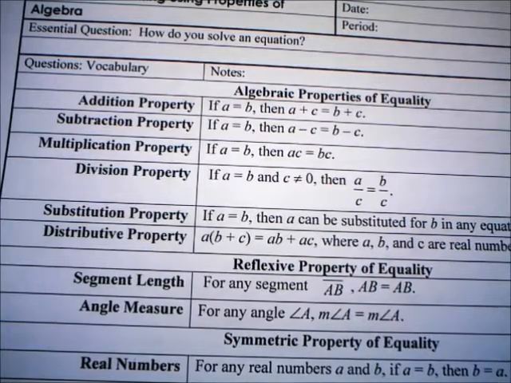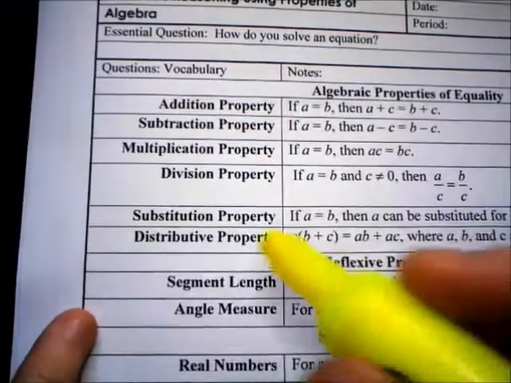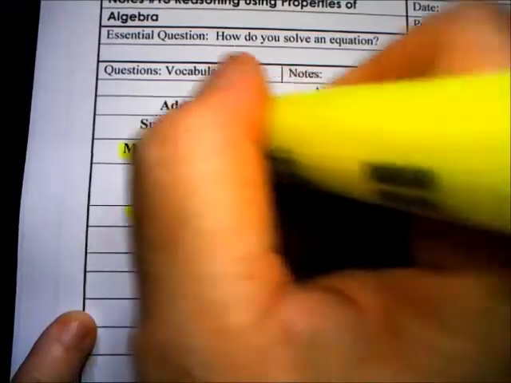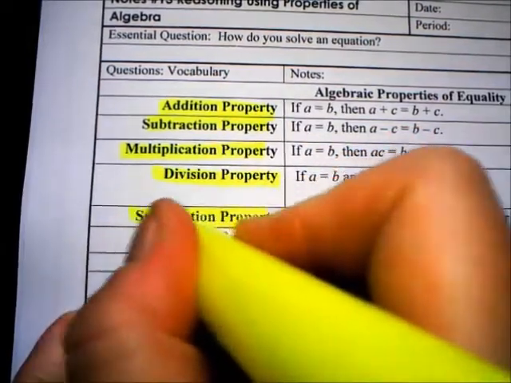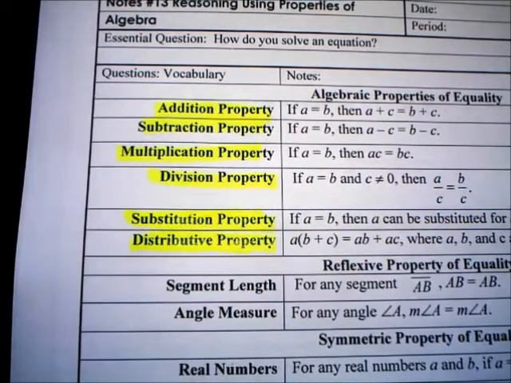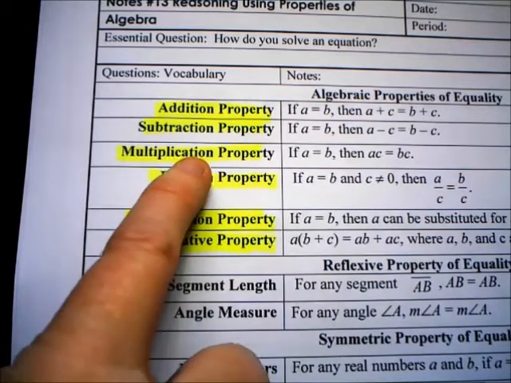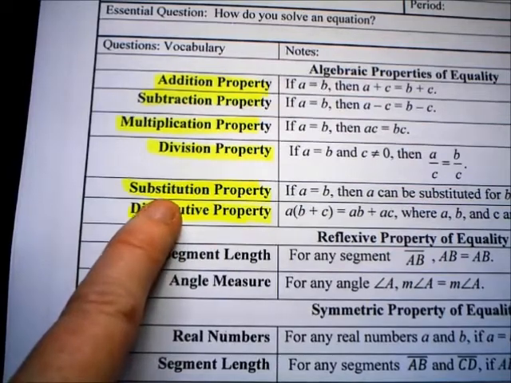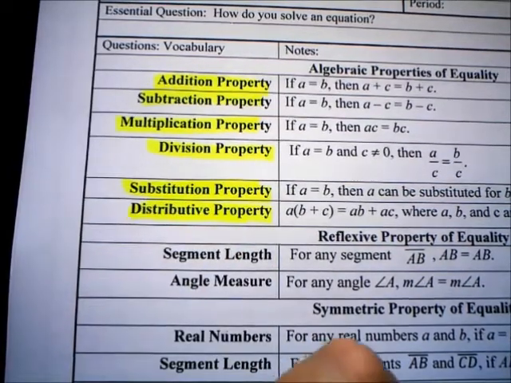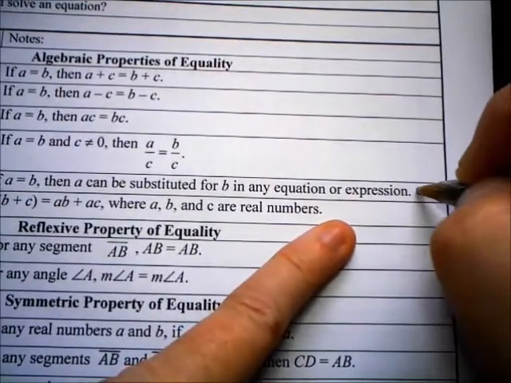When you are dealing with adding, subtracting, multiplying, and dividing, substitution, distributive property, all of these things on the side, you're going to be relating to these like crazy whenever you're doing operational changes, which is called the inverse operations, which would be adding and subtracting, multiplying, division. Those are inverses of each other. And when you're replacing something, you're going to be using substitution. I like to put that on here also because that's one of my favorite words for substitution, replace. So I'm going to write it over here on the side